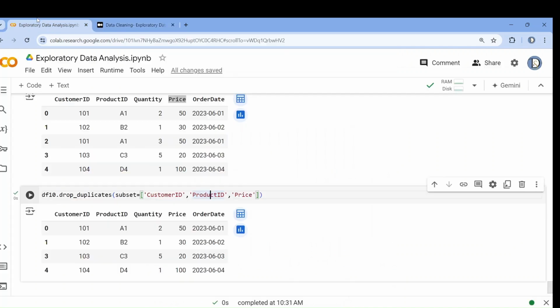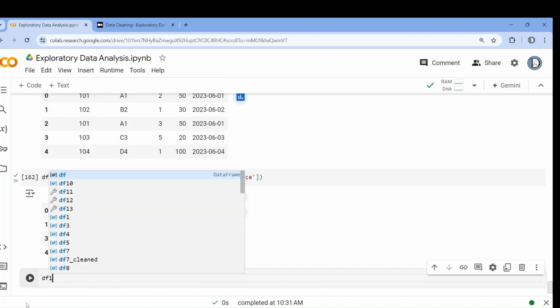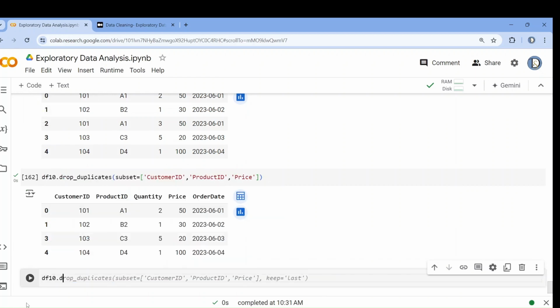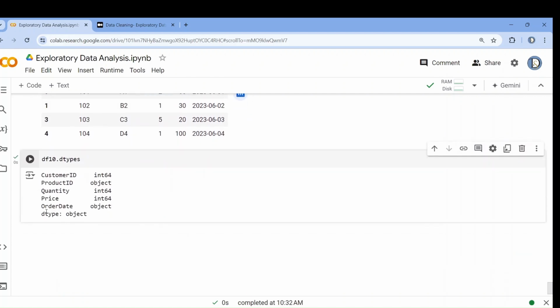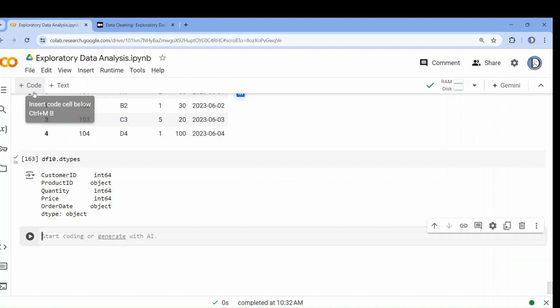Correcting the data types, because sometimes the data type may not be correct. Let me show it to you first. Dot dtypes. See here, there is a column called order date, but this is object data type. But I want it to be datetime data type. Then only I can perform some datetime functions. So in that scenario,